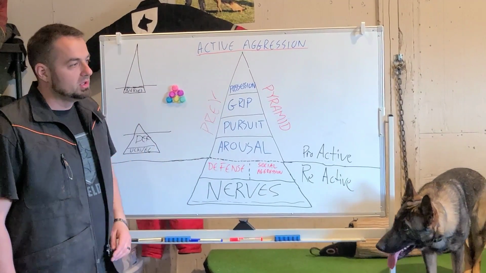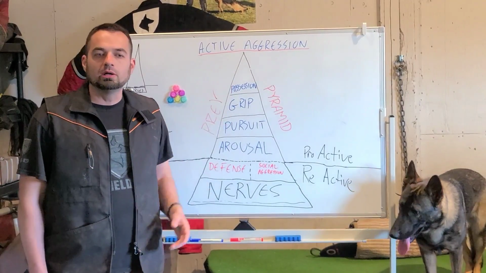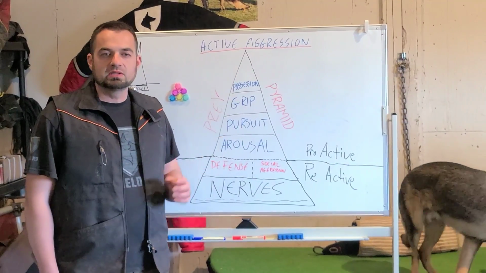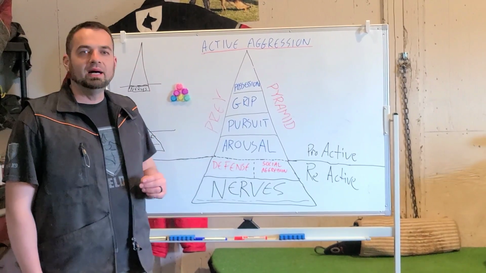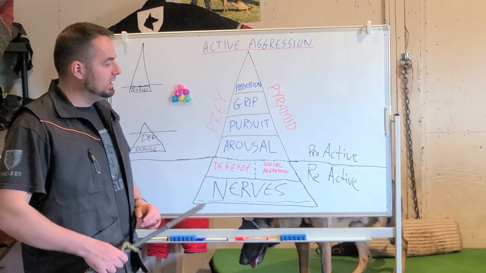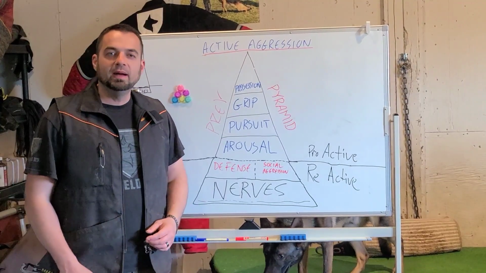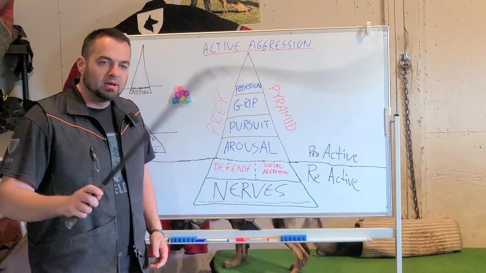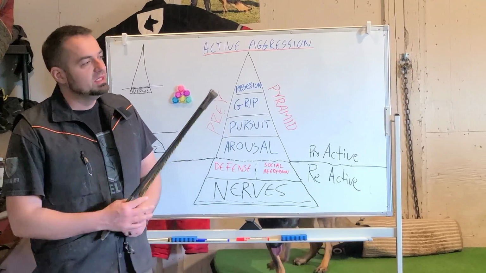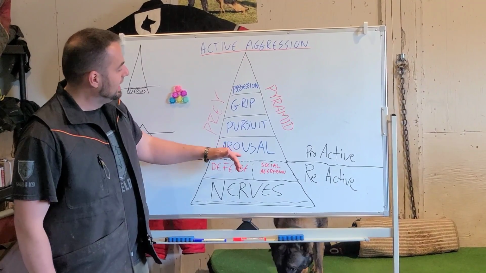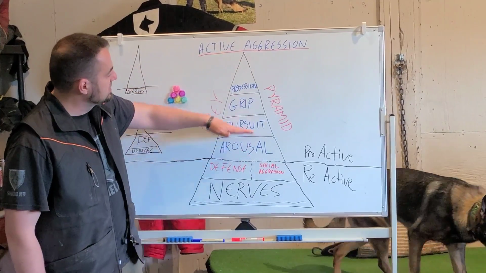I'll give you an example. A sport dog. Sport dog only goes on the sport field. There's blinds, there's jumps. It's very recognizable. He only goes on the field and works on the field. The bad guy for him is the guy wearing the helper pants, he's got the sleeve, he's got the whip, right? He does the whole helper dance. This is a situation in which he is very used to the situation, and he goes flawlessly through the prey